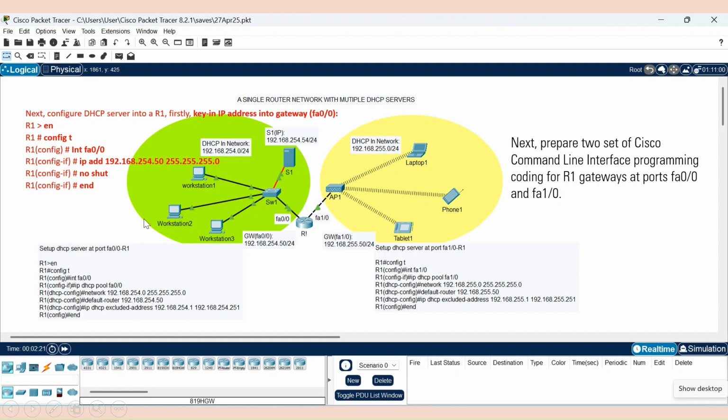Soon configure the DHCP server into R1. Secondly, set up gateway FastEthernet port 0/0. Firstly, pool name. Second, network. Third, default router. And finally, excluded address. Begin at R1, enable, then config terminal. Then interface FastEthernet 0/0, followed by ip dhcp pool FastEthernet 0/0,